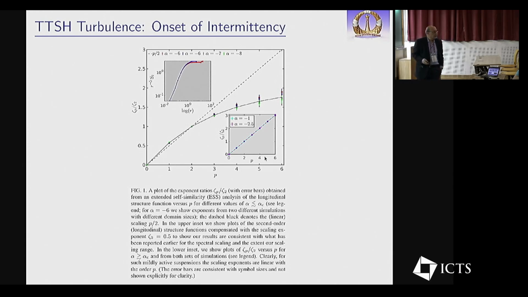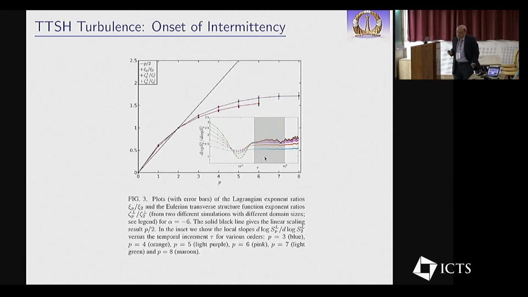And we showed it not only for the Eulerian fields, but we also showed it for Lagrangian particles by looking at increments along the Lagrangian trajectory. And in every case, we do find clear signatures of intermittency, which had not been seen earlier. And there are some details which make it look a little like fluid turbulence, but I will not dwell on that now.